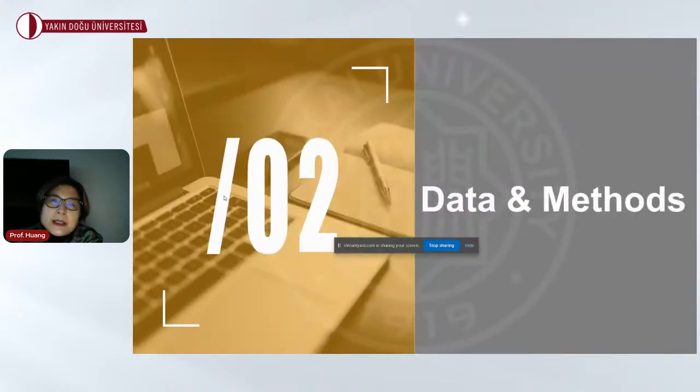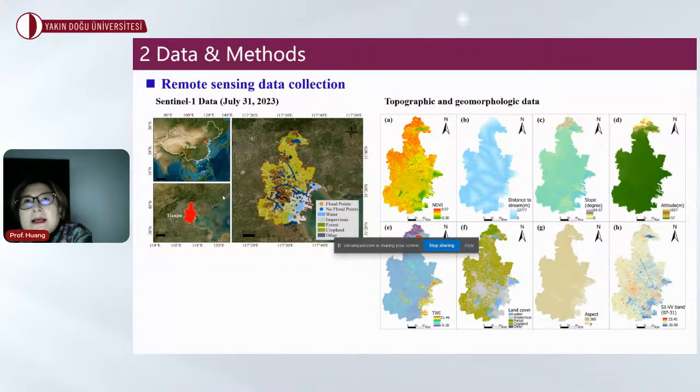Then we come up with an idea, because right now we all, in China, almost everyone has a cell phone. So the cell phone becomes very convenient, and sometimes it can be used as a sensor. For example, if there's a big flooding, people may drive on the street, and sometimes they might be trapped somewhere. They cannot go anywhere. So people like sharing, they may take a picture and tell their friends, tell their relatives in the family,